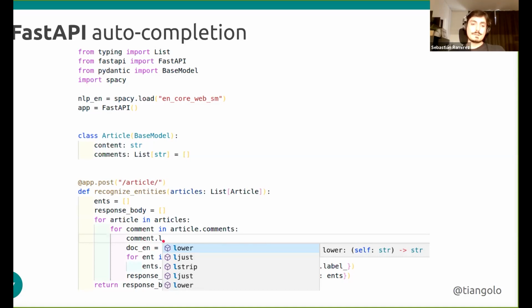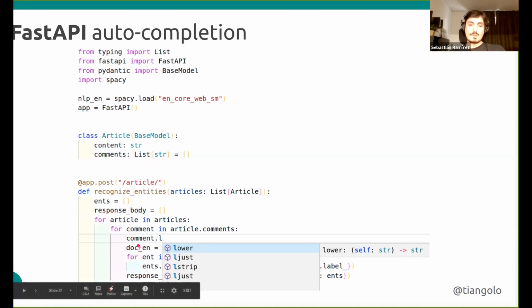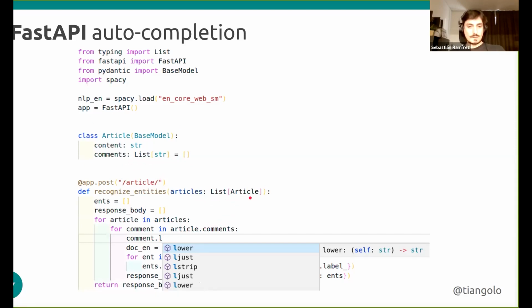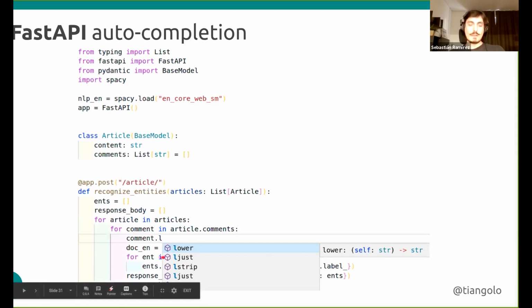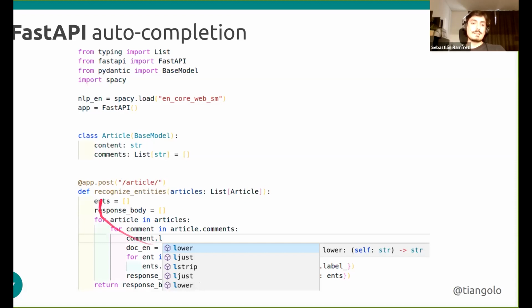This is very difficult to achieve with other ways to declare these data shapes if they are not using standard Python type annotations. But because FastAPI uses these standard Python type annotations, we can just get autocompletion for free in the code everywhere. Also, notice that this comment was not something declared by FastAPI. This is your own data. So you declared your own data here, and you are getting autocompletion for your own data in your code.